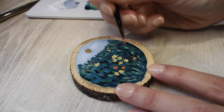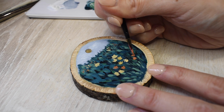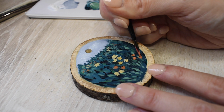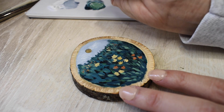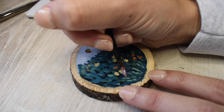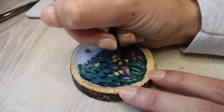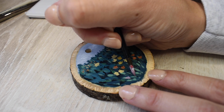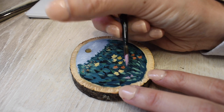I hope this process video is helpful, or at least semi-interesting for you guys. I wasn't really sure. I was originally going to talk you through my process as I'm doing it, but I also thought it might be too long or too boring. Do you really want to hear how I make a brushstroke on my paintings? I'm not sure. So I figured I would try something a little different with this one and actually slow it down